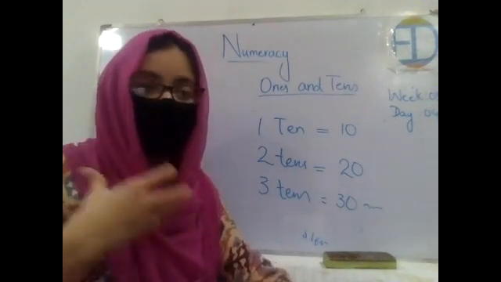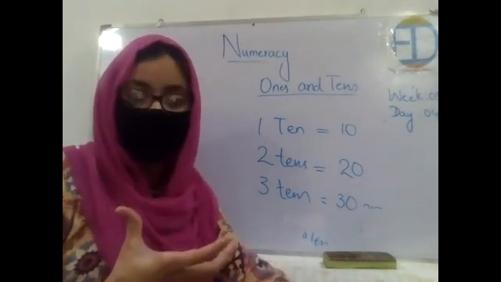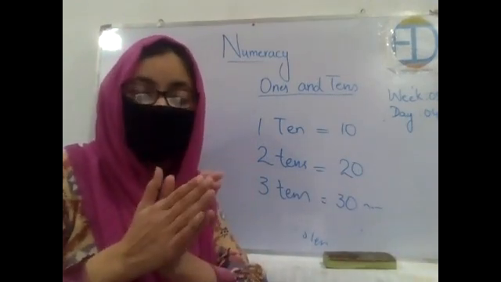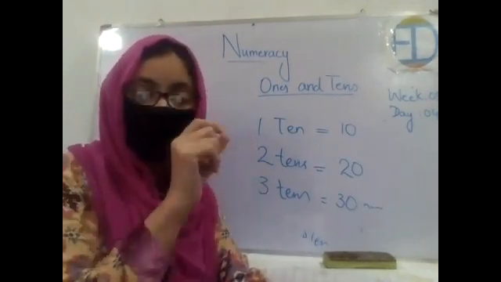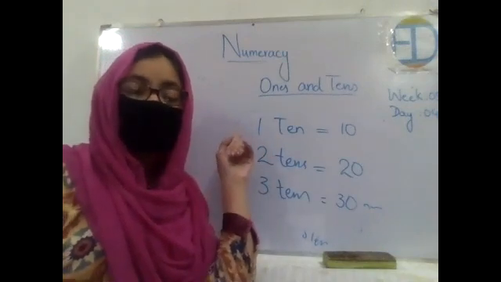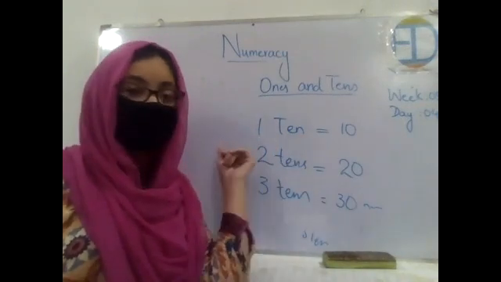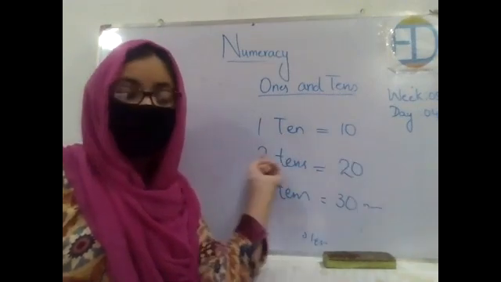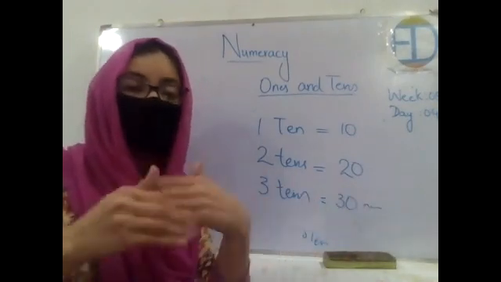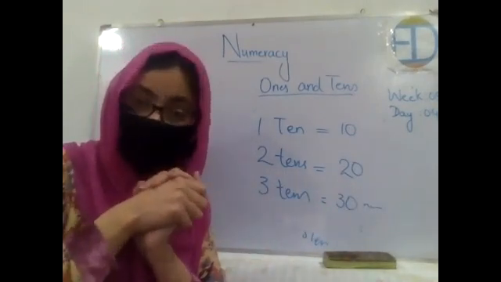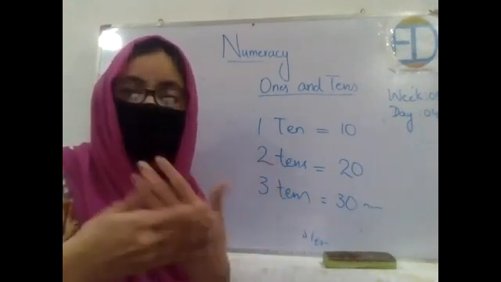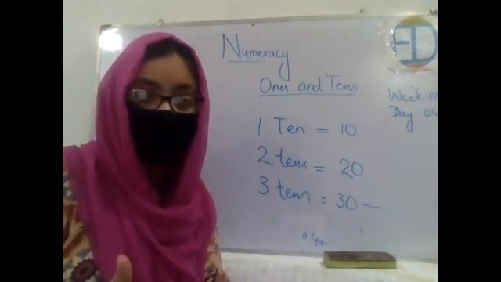So now the practice or the exercise that you will be doing today is that when you are familiar with this, that this bundle has 10 number of objects, instead of writing them separately, we together write them in the form of tens, and every 10 has 10 number of objects. So 1 ten is equal to 10 objects, 2 tens is equal to 20, 3 tens is equal to 30, then 4 tens would be equal to 40 number of objects, 5 tens would be 50, 6 tens, and so on. Got it? Any confusion? No?